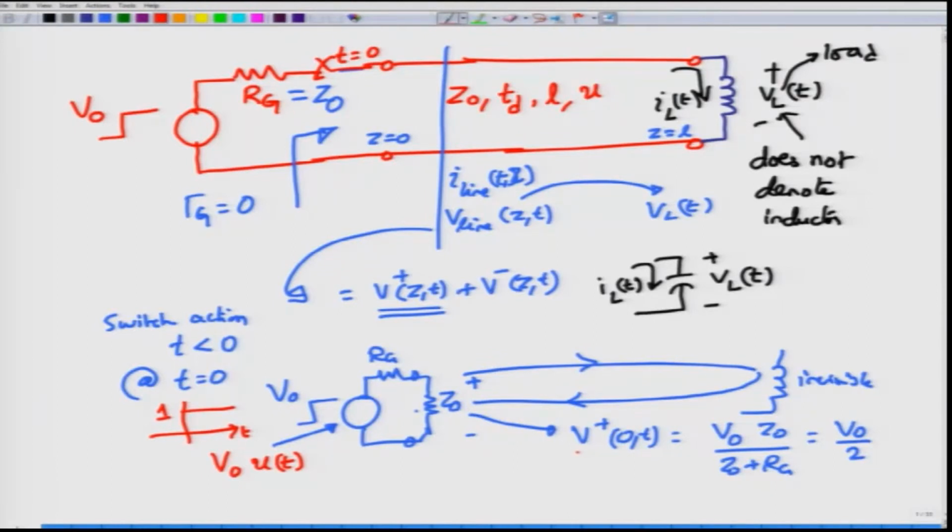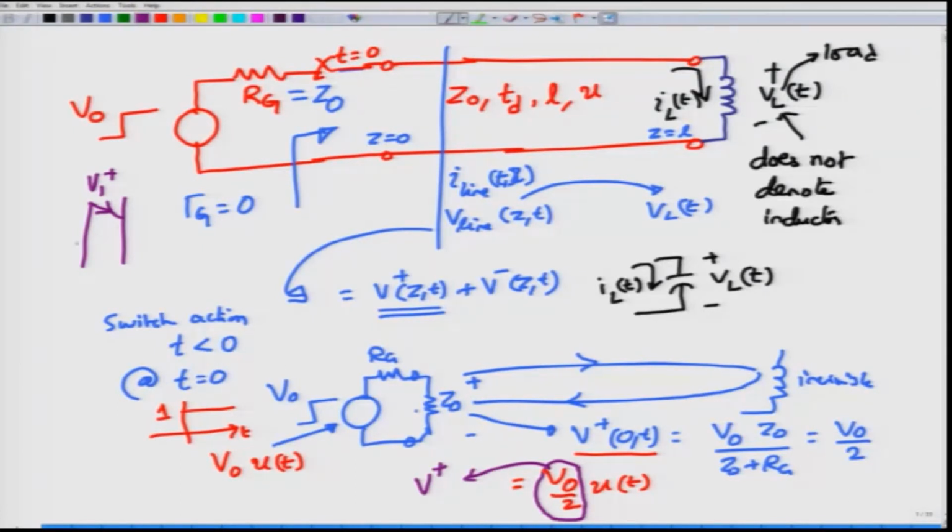So what we actually launch as the initial voltage V plus at the generator side is actually V0 by 2 times u of t. Let us further introduce a simplified constant. Instead of carrying this V0 by 2 all the time, let us call this V plus. V plus denotes the amplitude of the initially launched voltage. If you remember our lattice diagram, this step is similar to the first lattice diagram where we were calculating V1 plus. So fortunately that step is still the same.